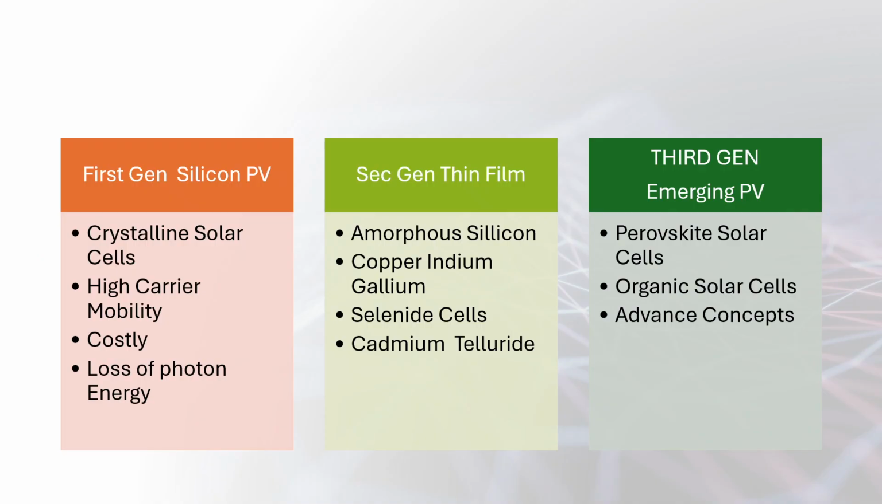Now, there are various solar cells which have been developed. Right now, the third generation of solar cells is being used. The first generation solar cells are silicon PV, which are crystalline solar cells. They have higher carrier mobility, but they are costly, and the energy loss due to photons is very high. After this comes the second generation, which are thin film based, such as amorphous silicon and selenide cells. And right now, there is the third generation, known as emerging PV, which includes perovskite solar cells, organic